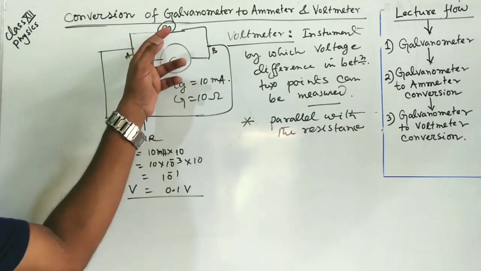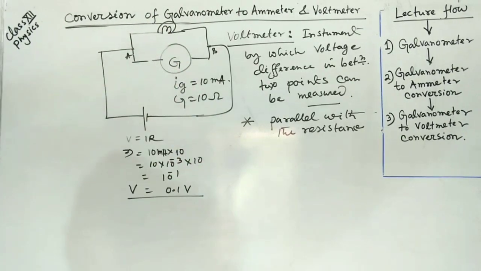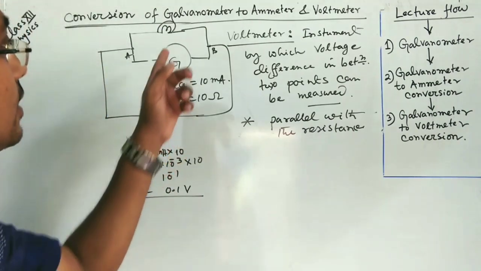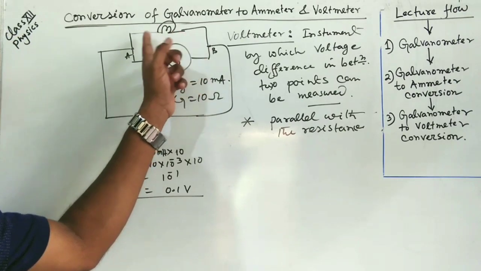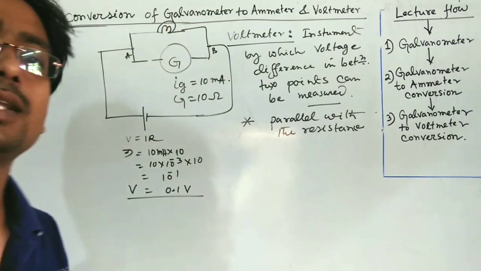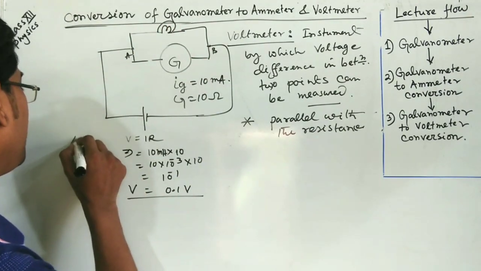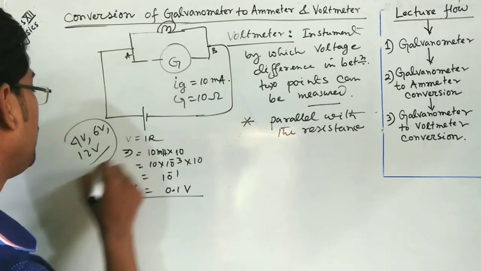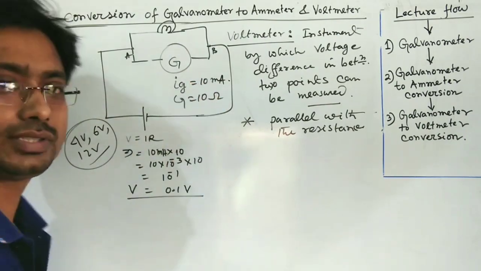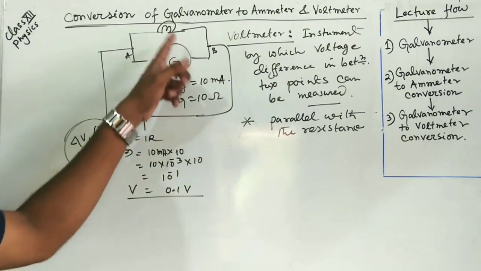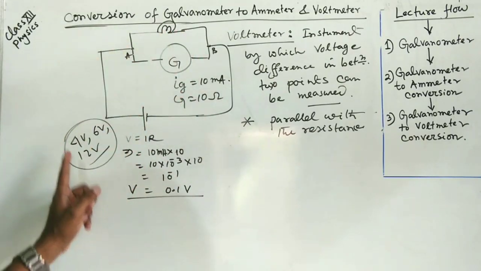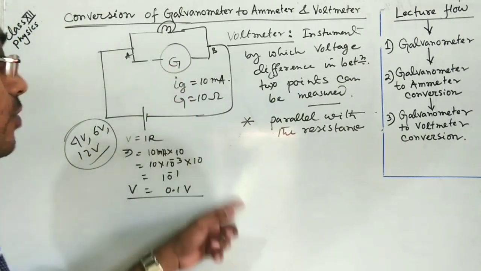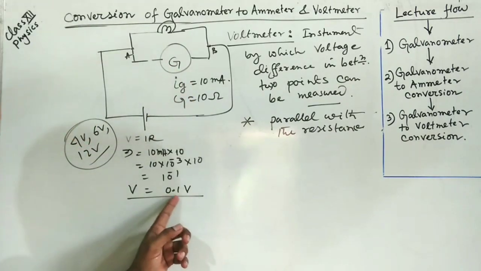But actually what we have inserted in the circuit is a bulb, and the voltage difference across the two terminals of the bulb is greater, suppose it may be 4 volt, 6 volt or 12 volt. Can we measure the voltage difference between the two terminals of the bulb, maybe 4 volt, 6 volt or 12 volt, with the galvanometer I have told you about? It can only measure 0.1 volt.